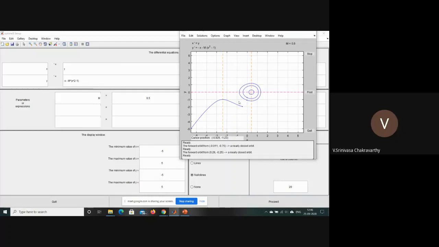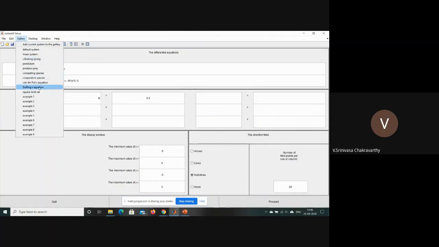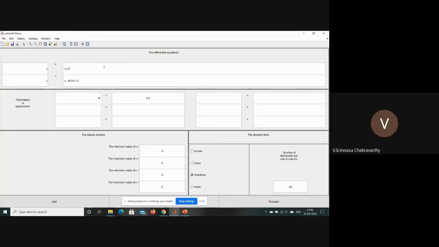Try the Hopf oscillator. I'll send you the equation. Can you type? Yes, sir. x dot is equal to minus y plus x times (1 minus x square minus y square). So square is only x, or 1 minus x square minus y square?